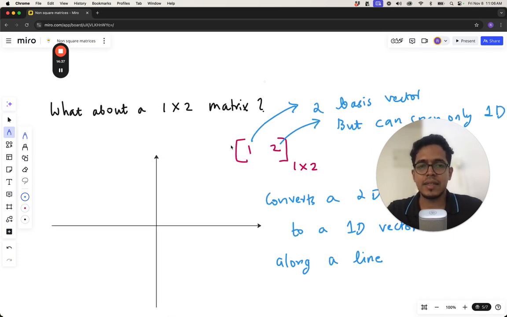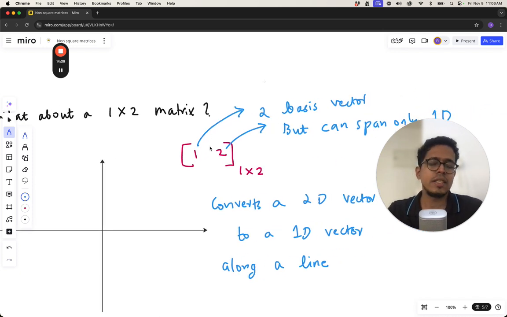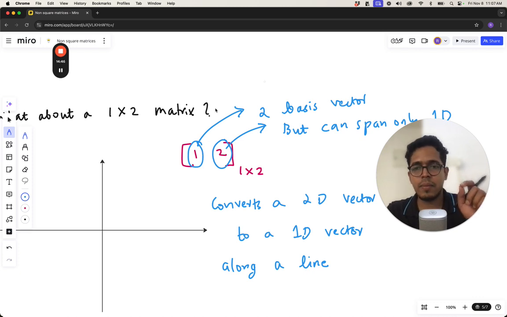This is an interesting case. Because this is a 1 by 2 matrix, it has two columns. This is the first column, this is the second column. But you can see that each column has only one dimension. It does not have 2 or 3 dimensions. What this means is, you originally had two unit vectors, i and j, right? But they are getting transformed into